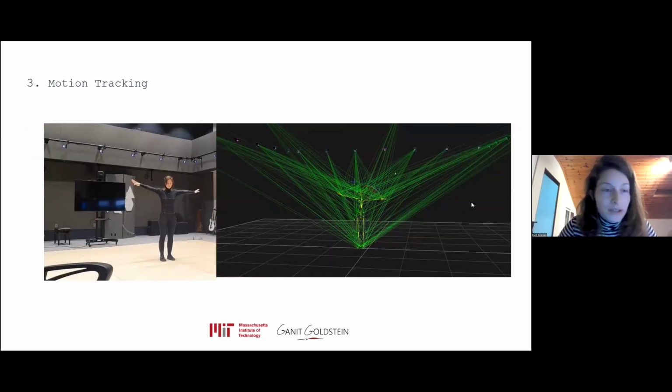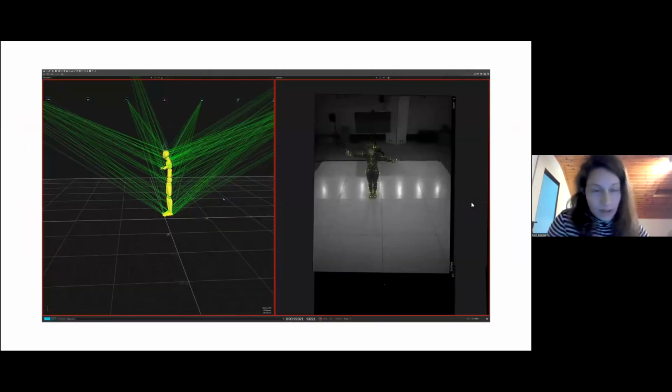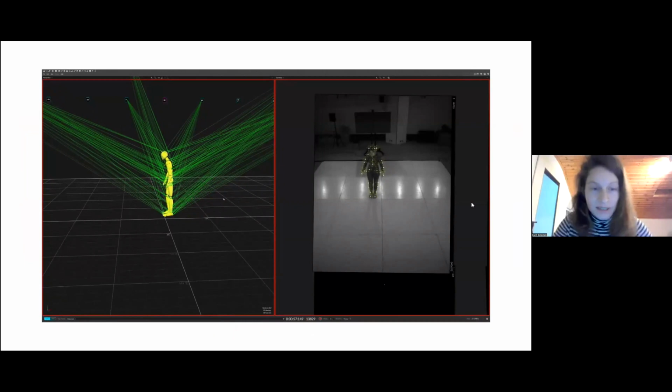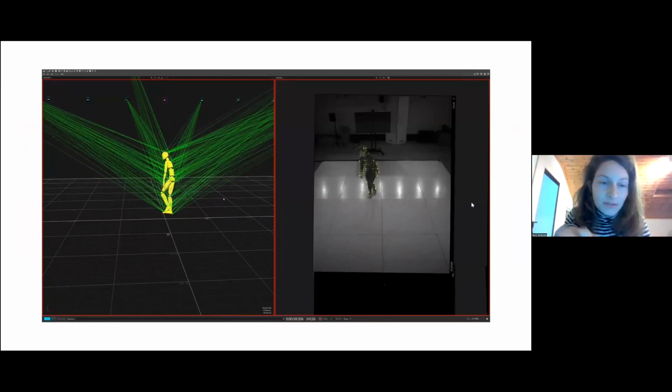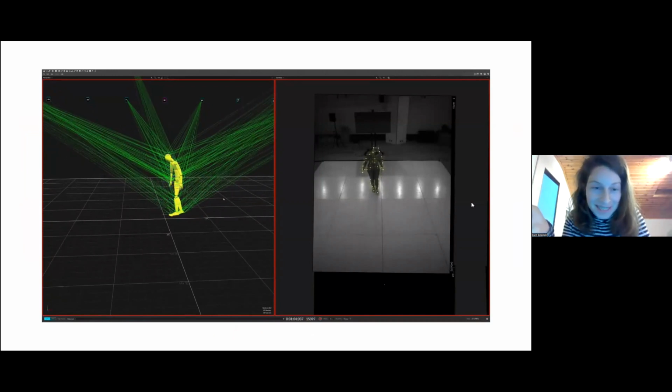And we worked on motion tracking to correlate this motion embedded inside the suit. So usually it's very difficult to correlate this information when we want to manufacture the garment.